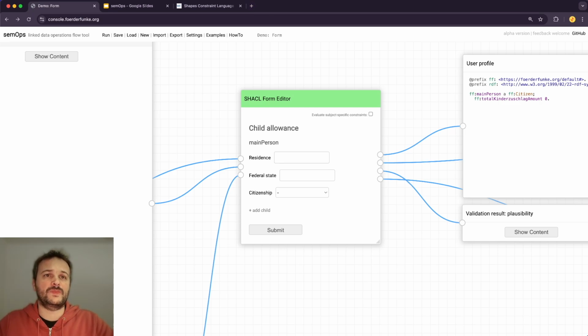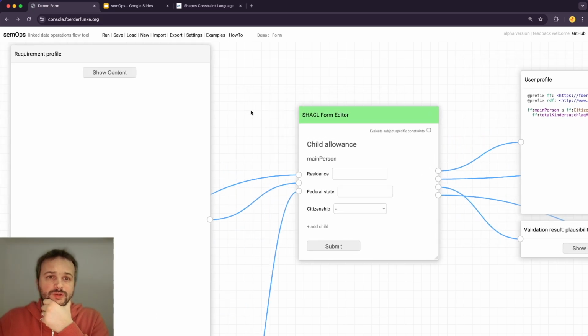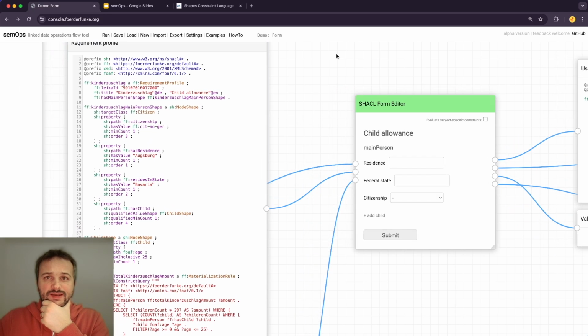Okay, so here we have a simple made-up example form that is waiting to be filled out by a citizen. Let's look at the data that went into it to build it. Most importantly, this is the requirement profile as a SHACL file. It describes in a human and machine readable way the requirements that someone must fulfill to be eligible for child allowance